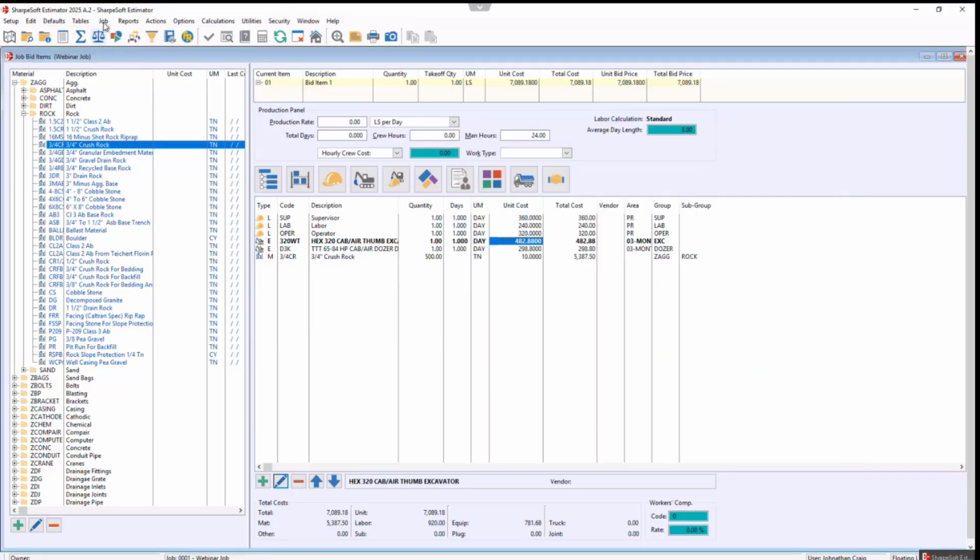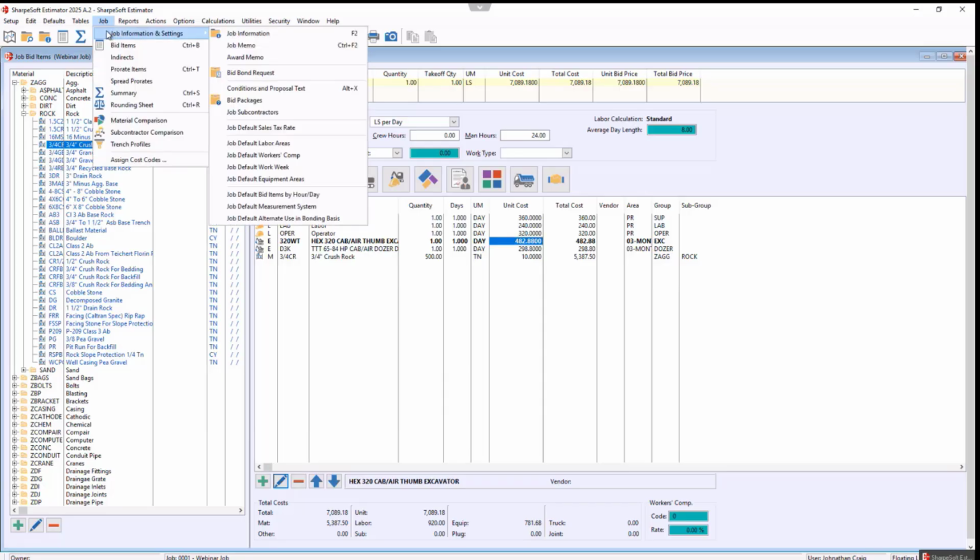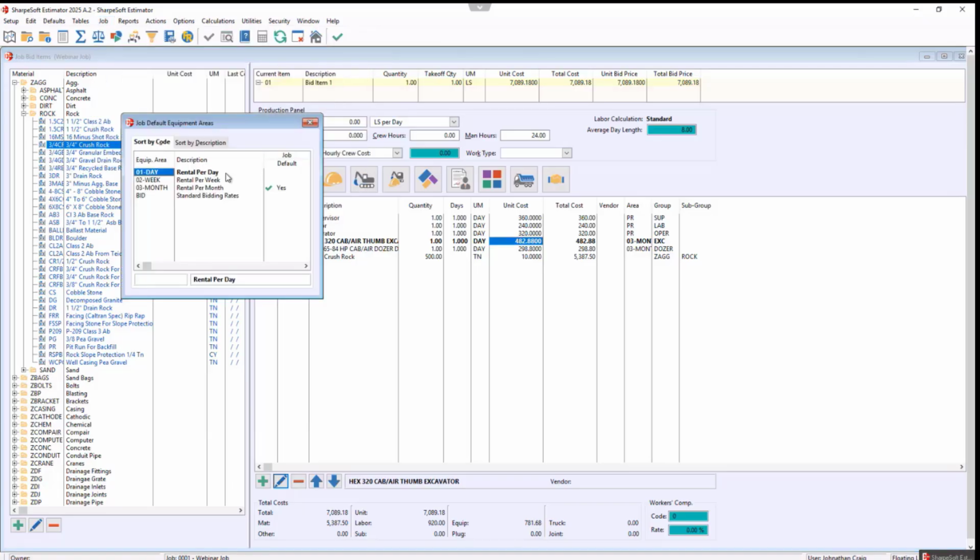What we can do is go to your job up here at the top, go to job information and settings, and then go to job default equipment areas. And then right in here is where you can change on a job to job basis what you actually want your default to be. So I'll show you guys some tricks with that, but for now, we're just going to change it from the month to the day. So we're going to double click here, make that a yes, change that to no,